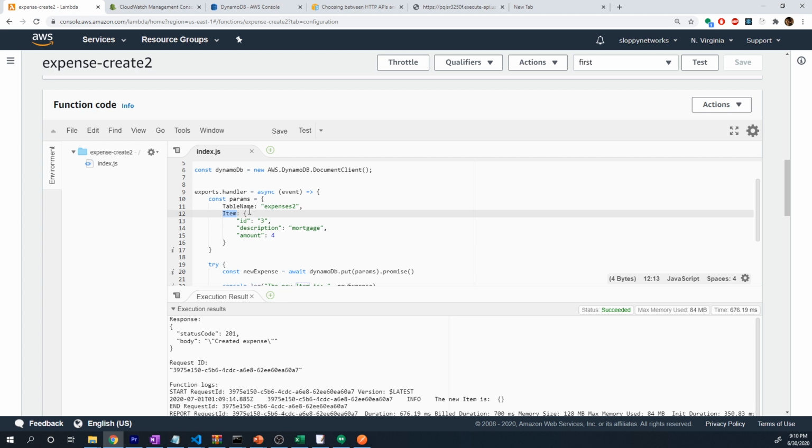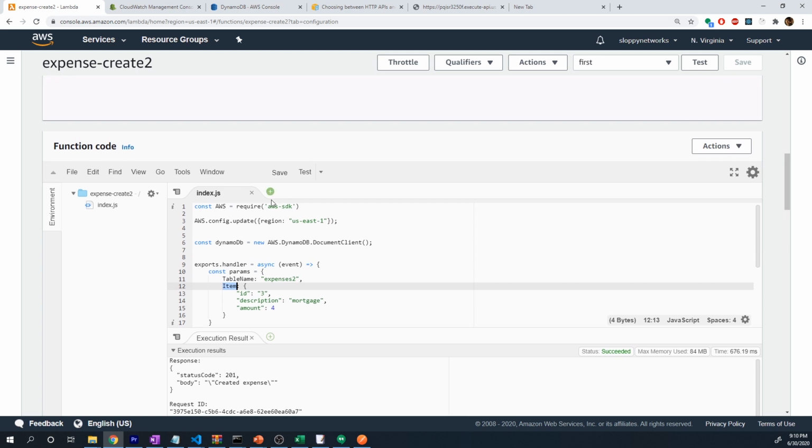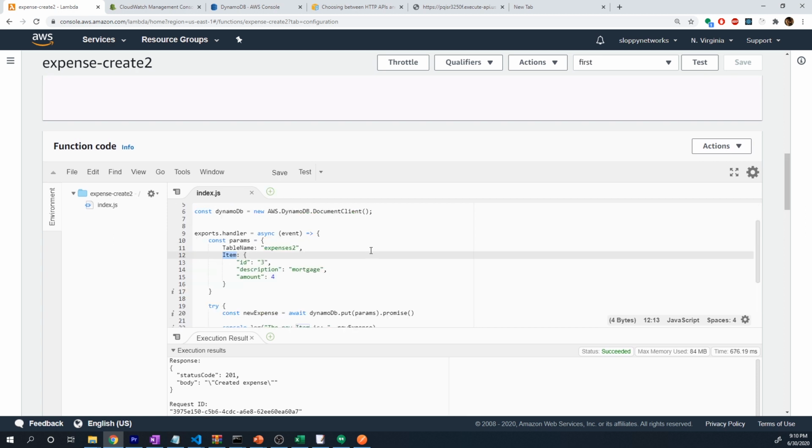The next thing that we need to do is automatically generate a unique ID, because obviously we can't hard code some value, or every time we run it, it's going to try to put in the same exact ID. It's going to lead to issues. There's a couple of ways of doing this. We can import the UUID package to generate a unique ID. We can put in some kind of logic to create our own UUID. But I found another method online. I was doing a little searching, and we can actually pass in another